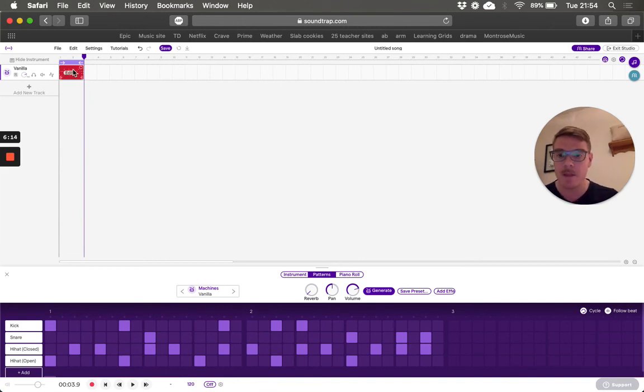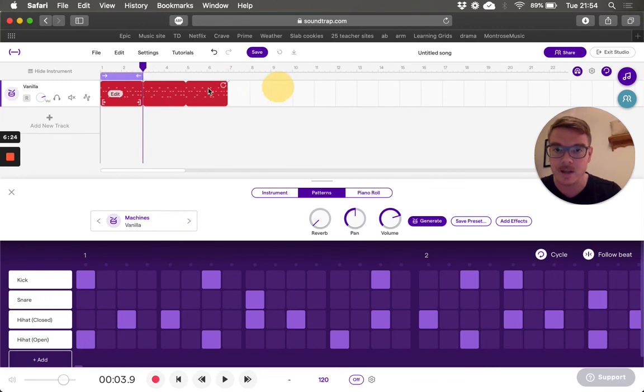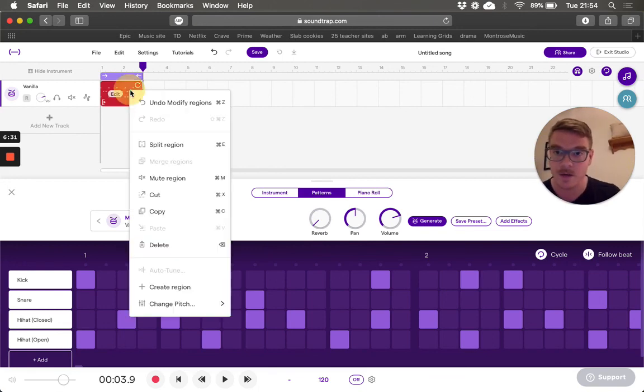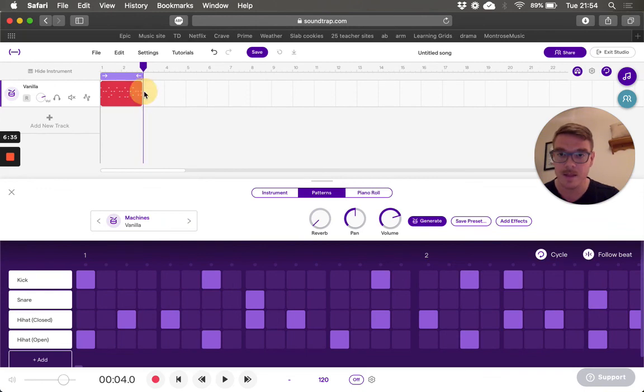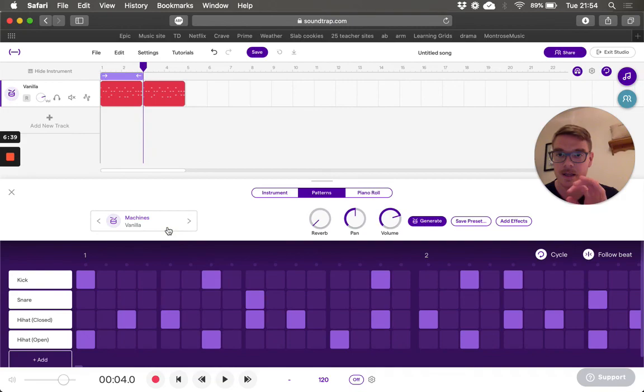So if I want to maybe add in a progression now, and I want it to kind of escalate, I'm going to zoom us in a little bit more so I can see. So rather than simply dragging this onward, which will give me the same thing on repeat, I'm going to copy this section, and then I'm going to edit the next one. So I'm going to, once again, right-click and copy, and then just beside it here, I'm going to right-click or double finger click and paste,